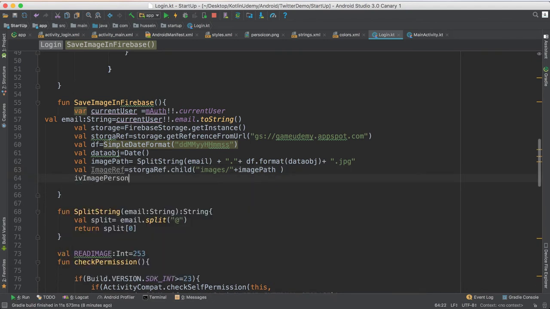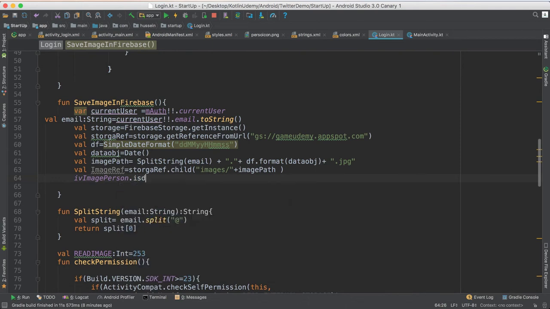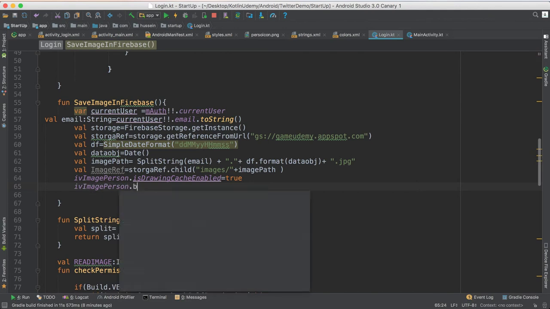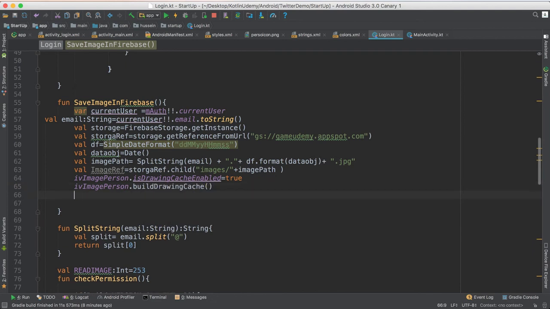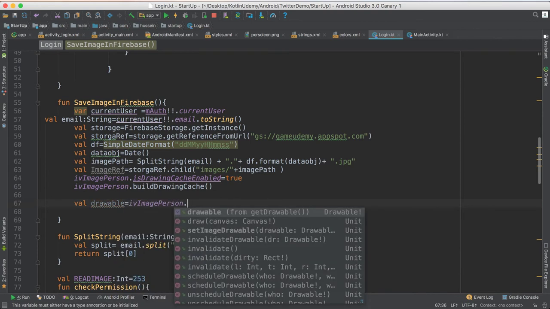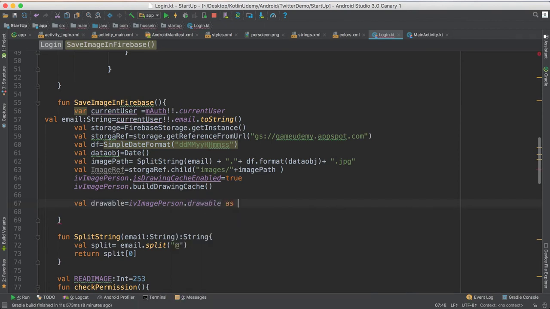You remember imageView has the image, so I say imageView dot isDrawingCacheEnabled, I make it true. Okay, and also I say imageView dot buildDrawingCache. Then I want to get the image now. Say, hey val, I need the image, which is drawable equal the imageView dot drawable. Then I change it as bitmap